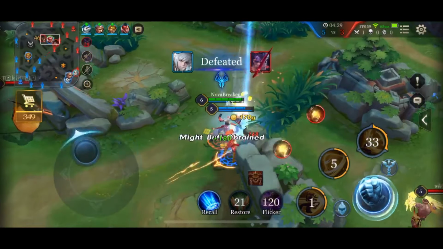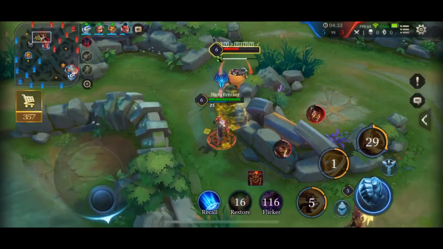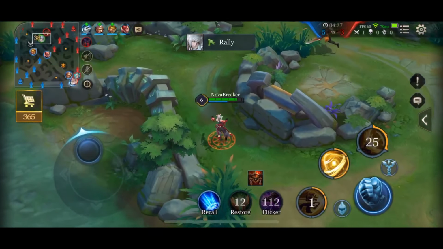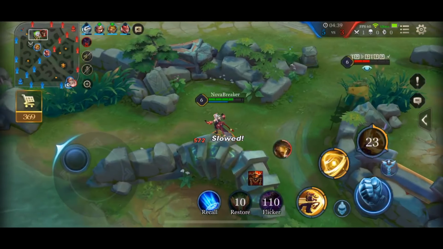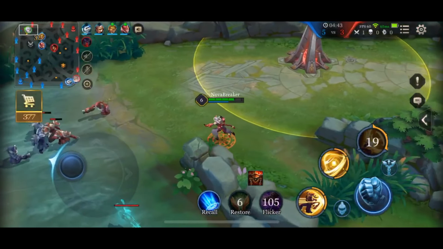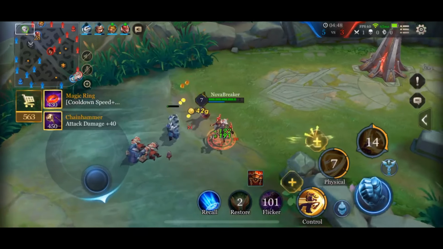As you just saw, what I did is I jumped onto him, and then I used my ultimate to push him into the wall. Then I do more damage with my S2, and after that I use my ultimate, so that my ultimate will do more damage. The lower the opponent is, the more damage